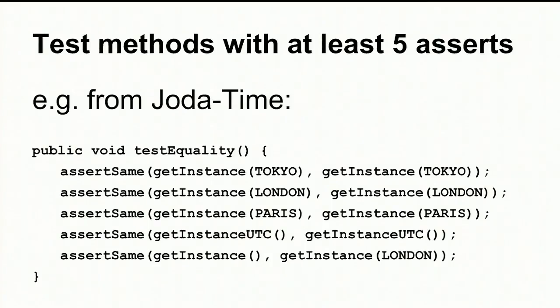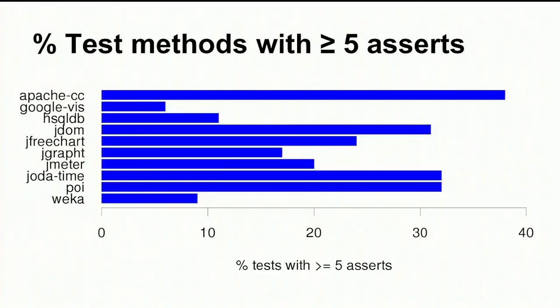So let's look at the static code complexity of our test cases. The first thing I did was I looked at these test cases and said, how many asserts does each test method contain, or which percentage of test methods contain more than 5 asserts in the test code? And so here's an example. I simplified it probably a bit too much, so it doesn't actually show the right thing, but it has 5 asserts. So I looked at methods that contain, just by counting, at least 5 asserts.